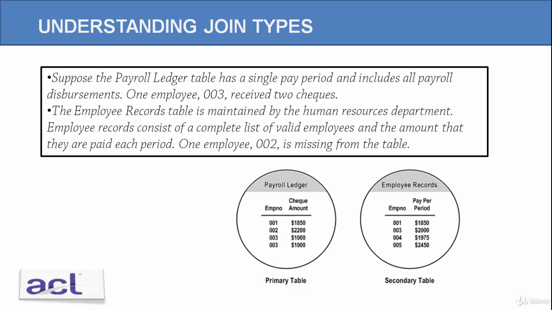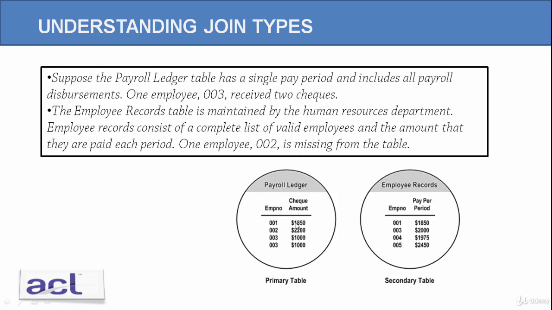So you have a payroll ledger that contains information of what you're about to pay staff every month. Of course, the payroll unit is a separate function from the HR unit. So the HR unit has the valid records of what each employee should be paid every month. So we are assuming that you have your employee records from the HR department,